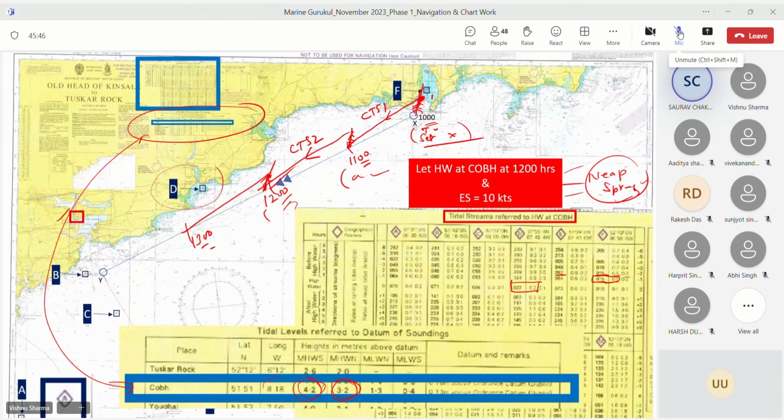Sir, here in point Delta, this 1200 position is close to us. So will we take Delta or Foxtrot, sir? Take Delta. 1200 is closer to Delta, beta. No, at 1100 hours we took Foxtrot. From 12 to 13 we are taking Delta, right? This one is in Delta range, right? Okay, sir.